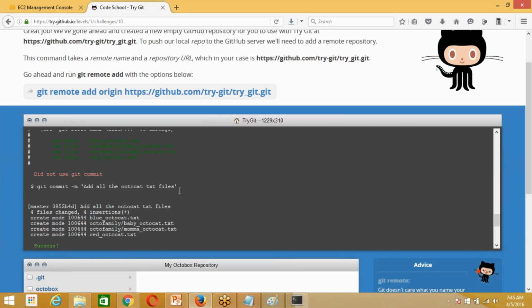For this instance, this is just a virtual instance, so we have to type this only. But in real time, whenever you do your code commits or check-ins, you write your own message, like by a date or by your username, something like that. You give an identification to that.